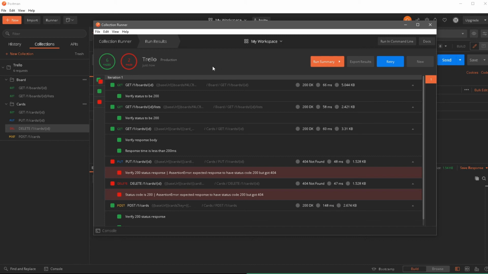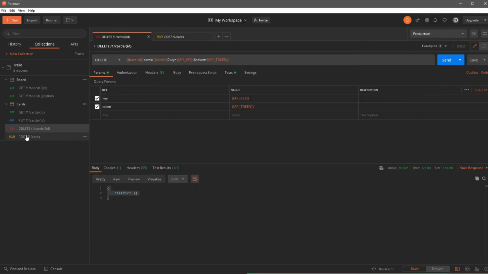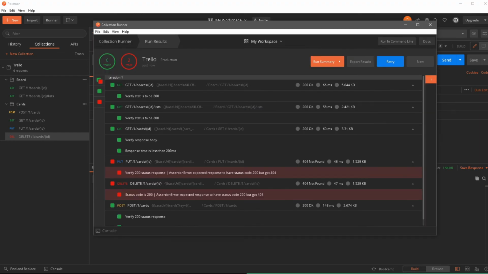So to fix this, what we're going to do is just change the sequence of our test. So over here, the first thing I'm going to do is I want to create a new card. So I want to create this card and then I can get this card. And after that, I will update the card and then I will delete the card. So this is going to be the new sequence. Now let's make sure when we are actually running this. So if over here we have get, put, delete, and post. Let's retry this and notice the actual sequence for this.